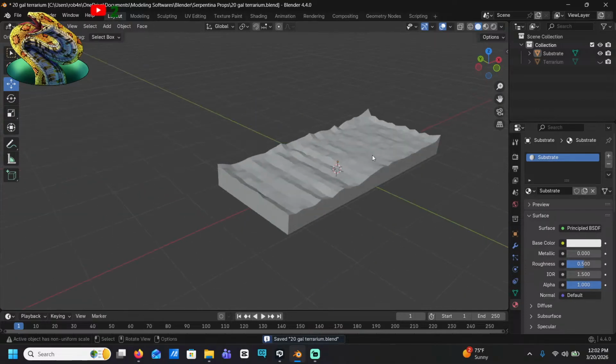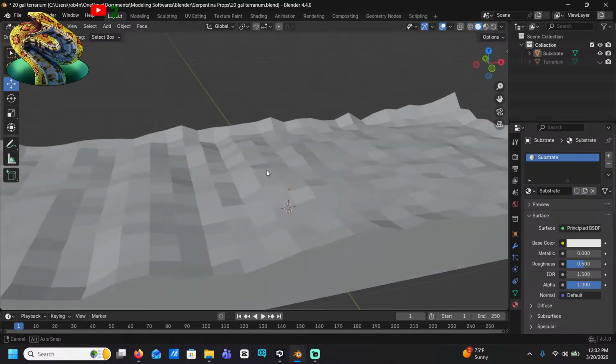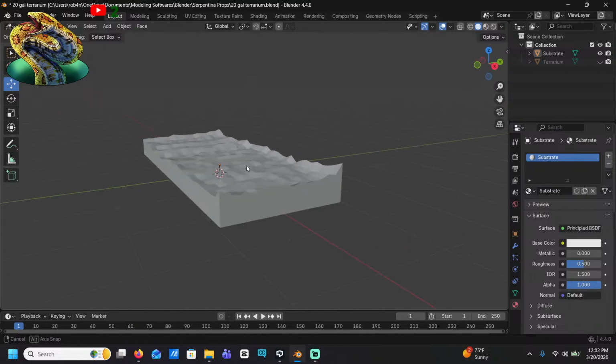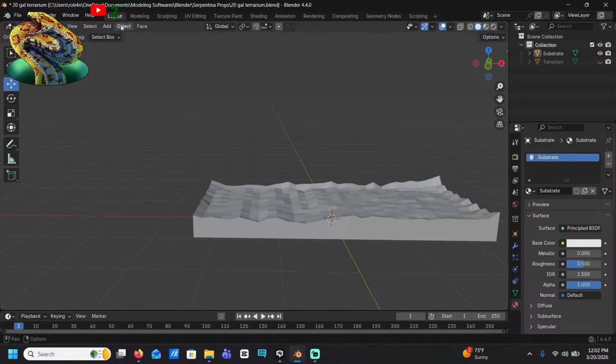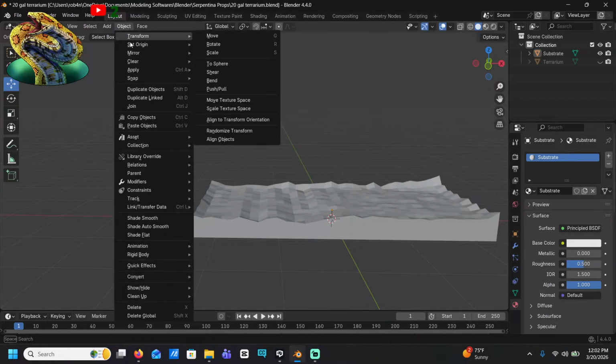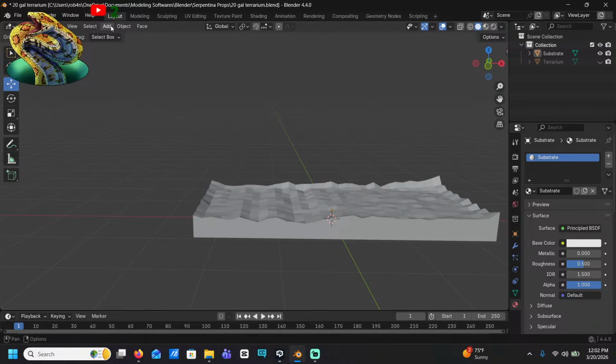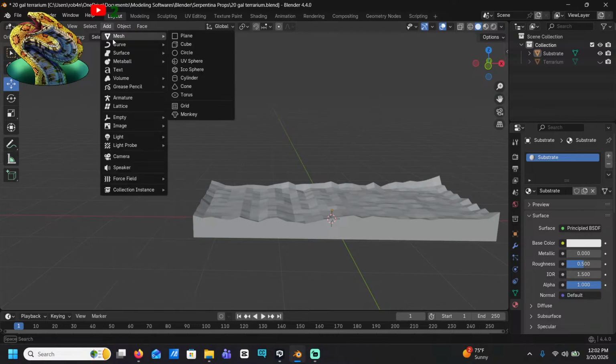Object mode! Yay, I have a really weird looking little thing. It's okay, it won't look so weird once I have a texture on it. Okay, next. That's object, no wonder. Mesh. Do I want to do a sphere, or do I want to do a circle or a cylinder? If I stare at it long enough, the answer will become obvious to me. I just don't know.